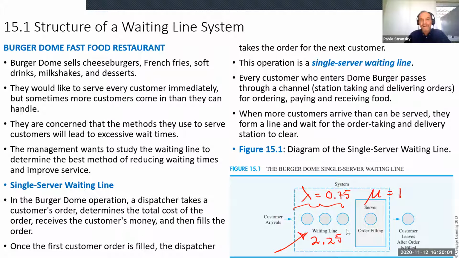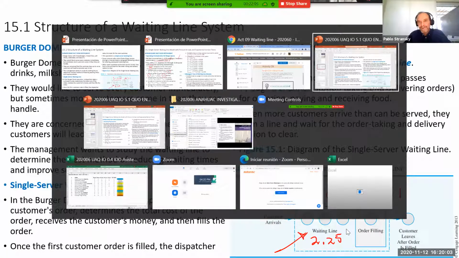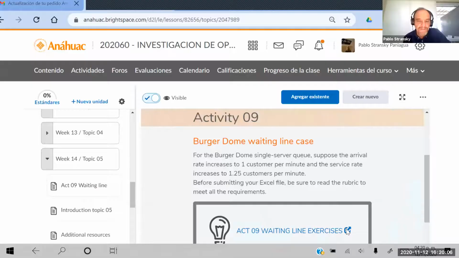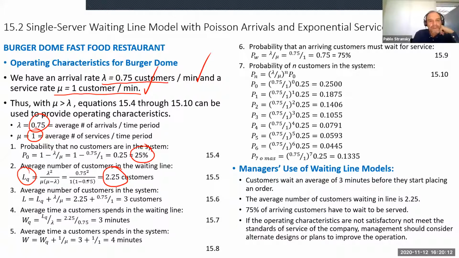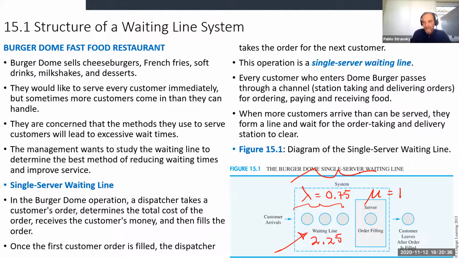It's my average, okay? And remember, it must have a Poisson distribution. That was one of the conditions, okay? Now, the average number of customers in the system, that's L, is given by LQ plus lambda divided by mu. So that will be 2.25 plus 0.75 divided by 1. That means 3 customers. Going back to this now, the whole system is going to have 3 customers